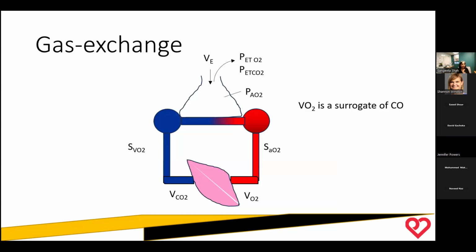So for me, with the cardiopulmonary stress test, I'm looking at gas exchange. You breathe in, you're ventilating your lungs. We've got oxygenated blood going in. You have a saturation that is supposed to be high, 98 to 100%. The VO2 is what is delivered to the muscle. What comes out of the muscle is VCO2. And then your mixed venous blood comes back in and gets oxygenated by the lungs.